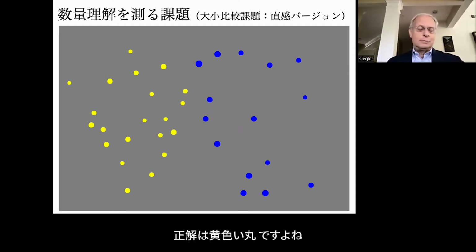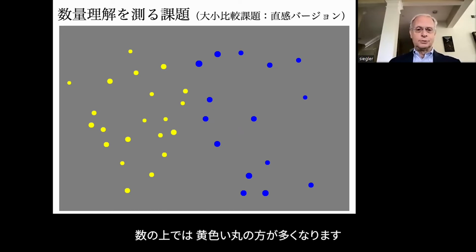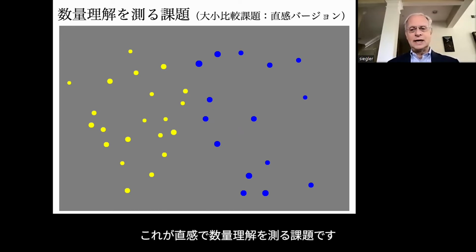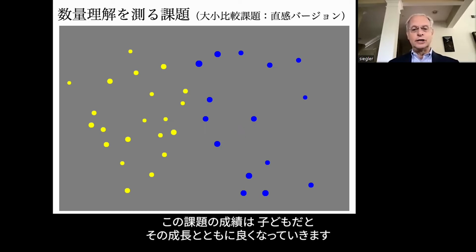And the correct answer, of course, is that there are more yellow dots, even though the area that is subsumed of the blue dots is actually a little bigger in this display. And the perimeter is also a little bigger of the blue dots. But for number, there's more of the yellow dots. And the degree to which people and other animals can discriminate small ratios between different numbers of dots is the typical task used to assess non-symbolic magnitude understanding.